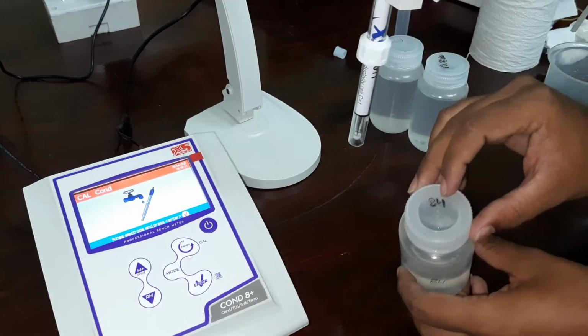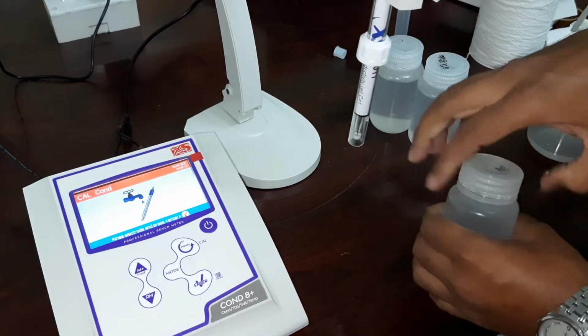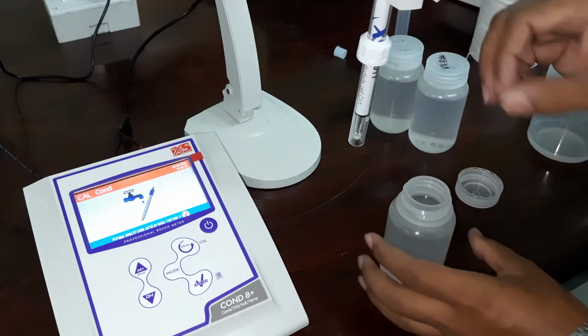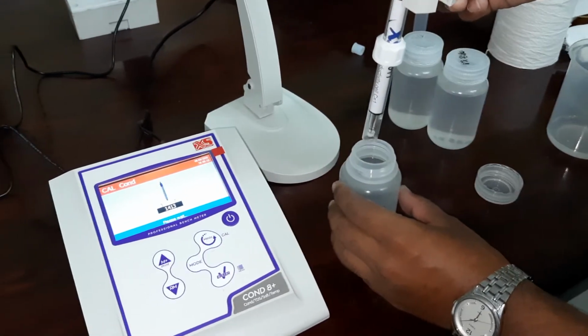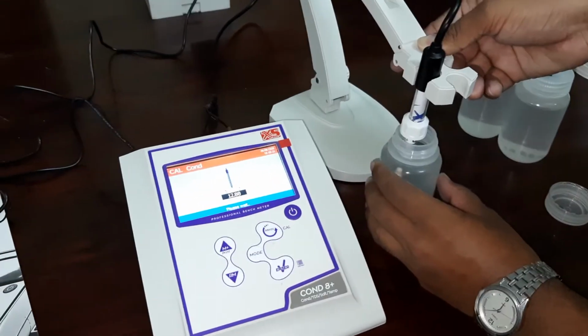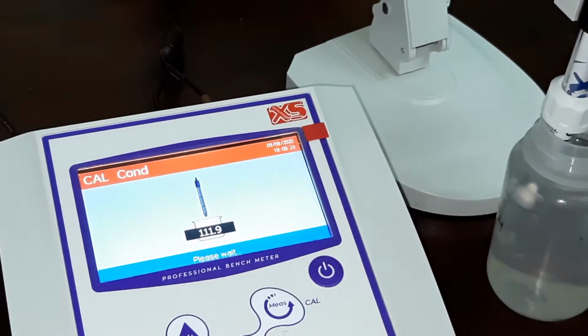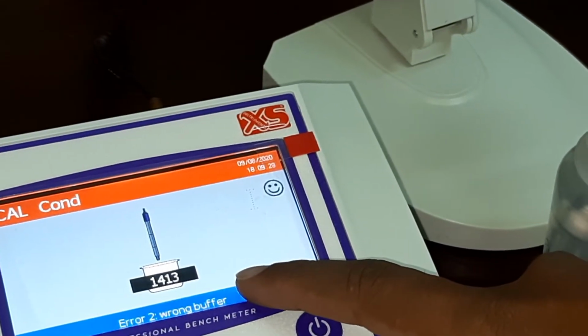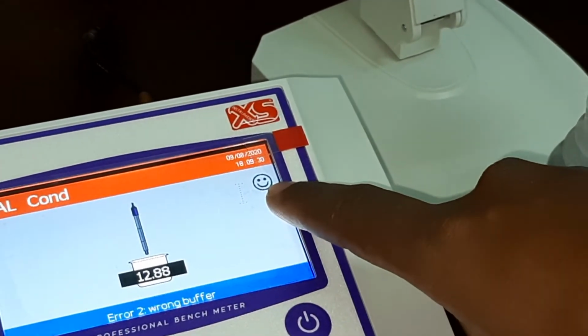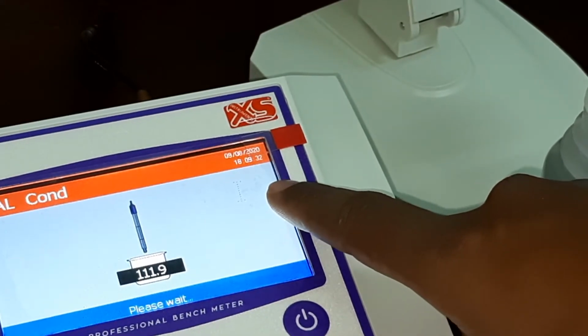This is the 84 standard. The meter automatically detects the standard buffer. After this smile symbol comes, you have to press enter.